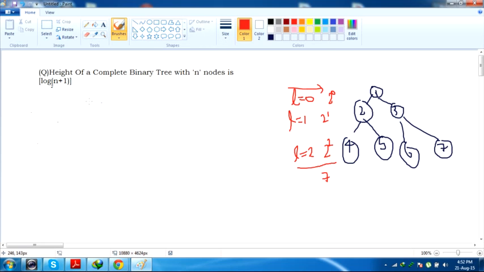So in the exam, if you want to prove it, then you must start this question with levels. So how to write it? You should write that the number of nodes n is always less than or equal to the sum, because 2 to the power 2 gives you the total number of nodes in that level. In level 2, the maximum number of nodes could be 4. 2 to the power 2 says that. But it may happen the nodes may be 3 or 2 or 1, at least 1, because if 0 nodes, there is no level. So this is the maximum nodes. So the total number of nodes I am calculating in terms of maximum. So it always must be less than or equal to.